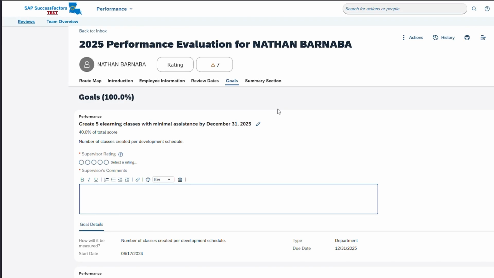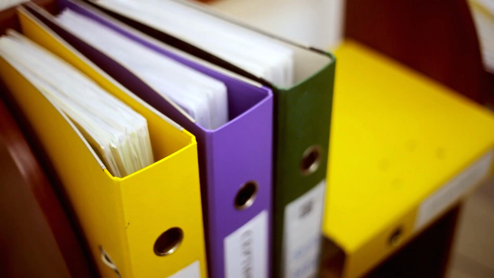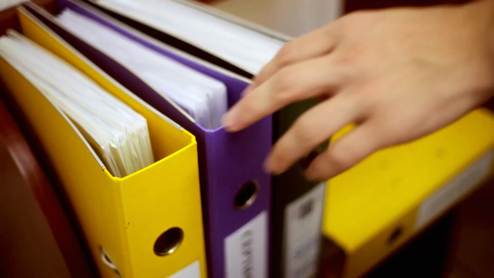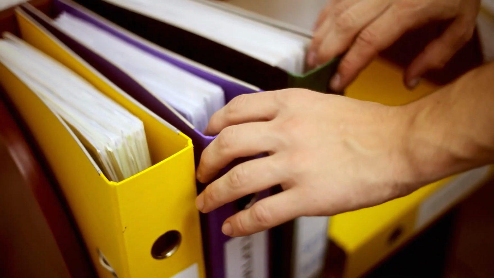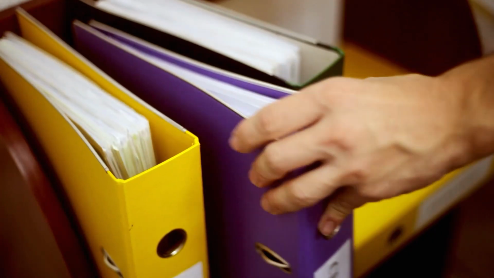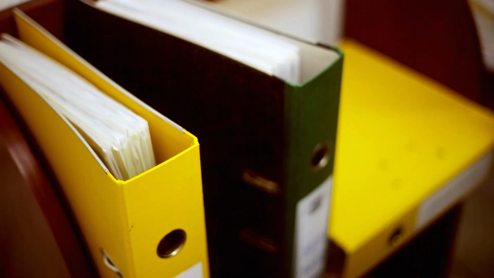This tutorial will show you how to complete the performance evaluation form in SuccessFactors. Before evaluating your employee, gather any supporting documentation you have prepared during the performance year. This includes documentation from throughout the year, reports, check-in notes, system data, or other records. The employee should submit documentation for any goals they were responsible for tracking, as well as their list of other duties as assigned. The more evidence that is available, the clearer the evaluation will be.